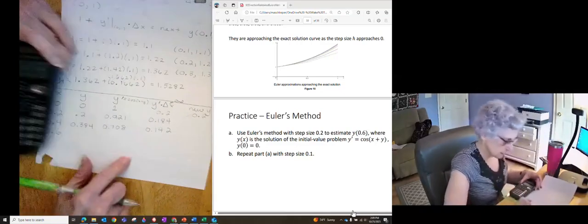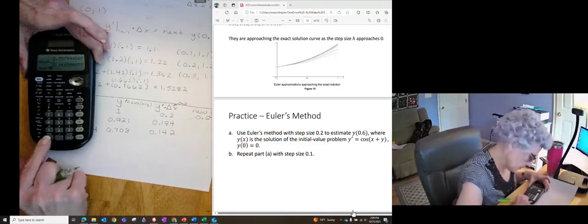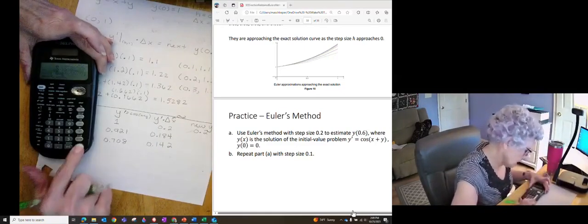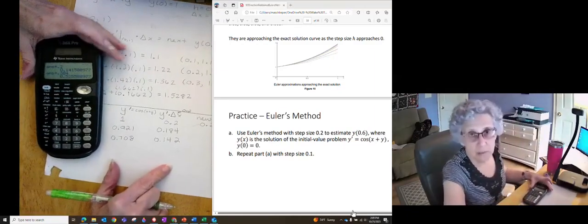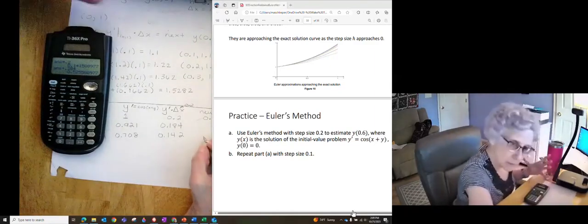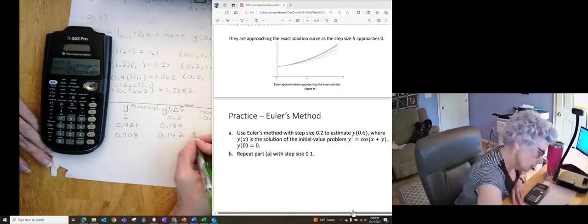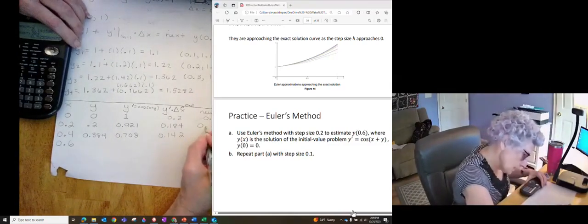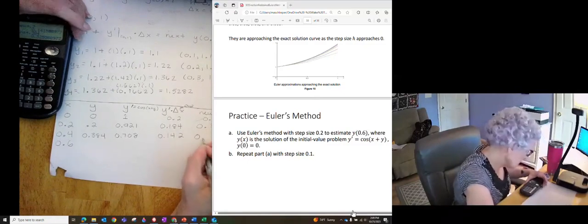I add that to my y, 0.384. And yes, I'm losing some of my accuracy because I'm using these numbers, but I'm keeping as much as I possibly can with my calculator. My new y, oops, I forgot to write down that one, 0.384. My new y is 0.52